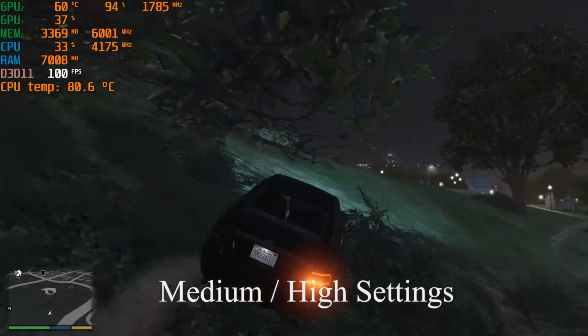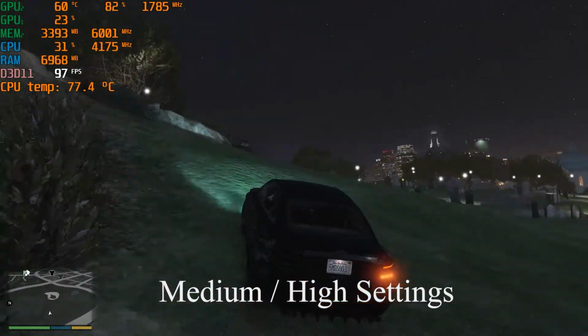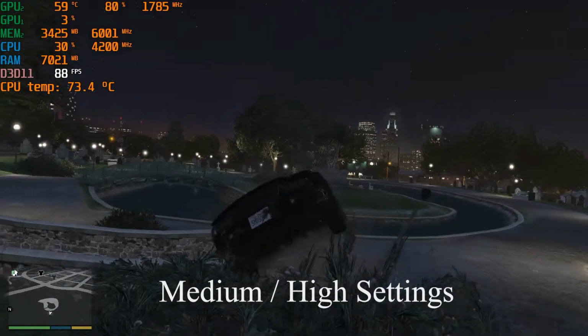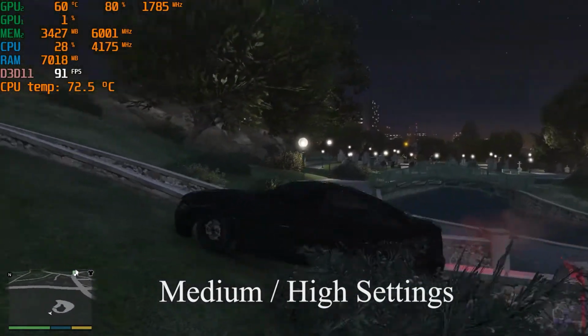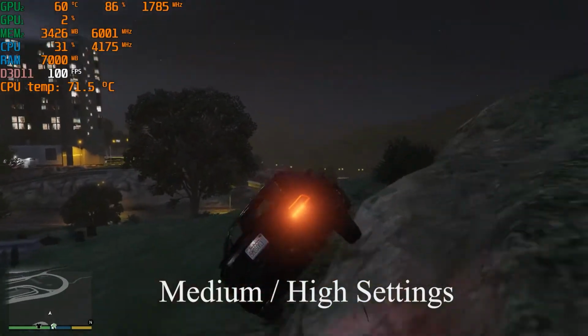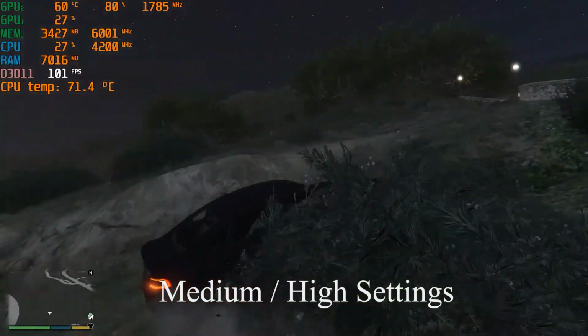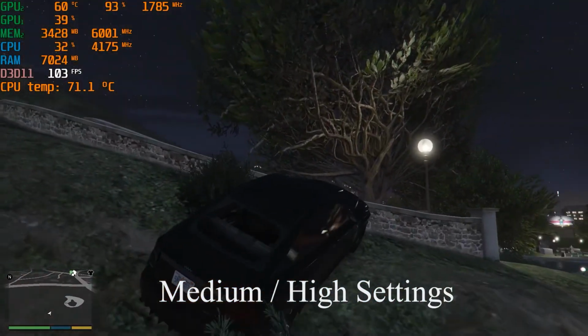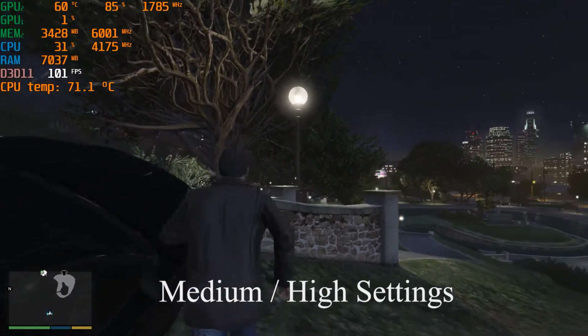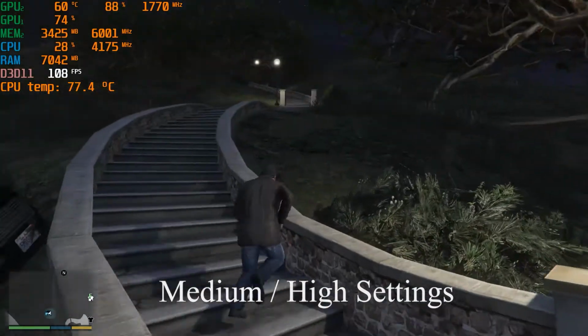So you can see in high settings the GTX 1650 is giving an average of again 80 to 90 FPS. This is quite amazing, and it is utilizing 90% of the GPU. Out of the total 4 GB of video RAM, it is using only 3.4 GB, and the RAM usage is quite high now.